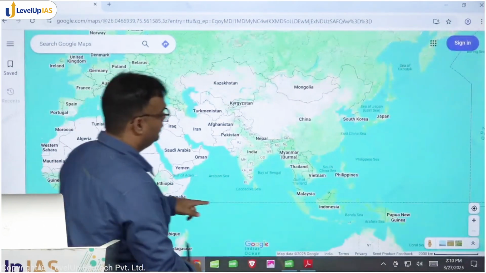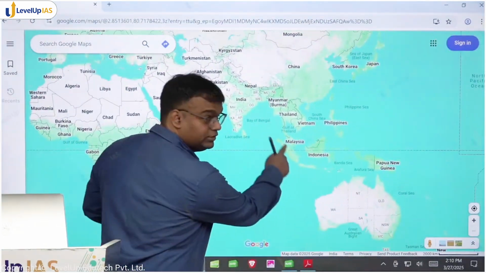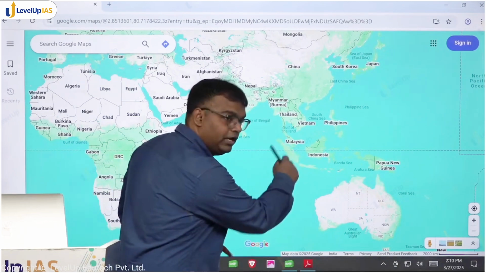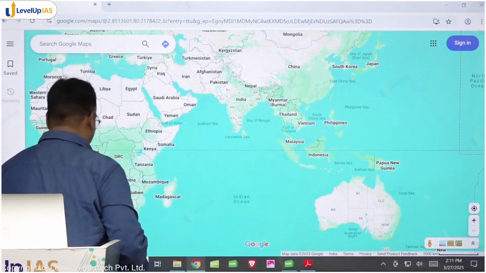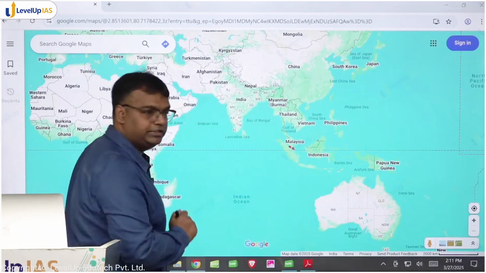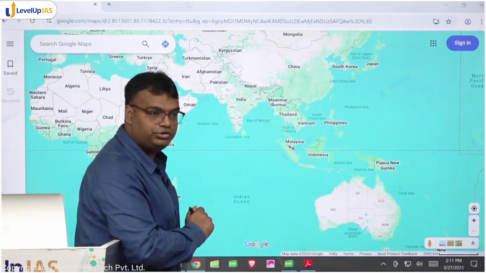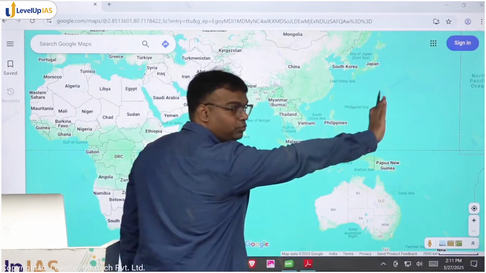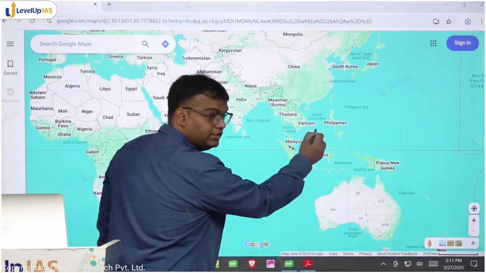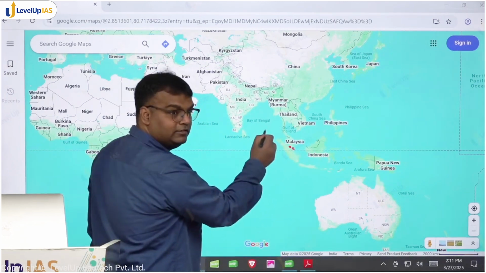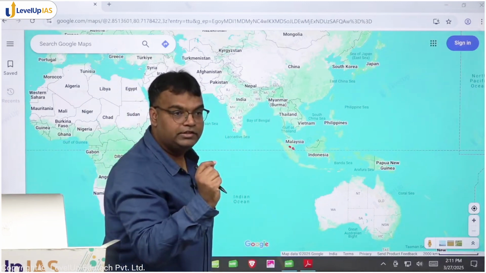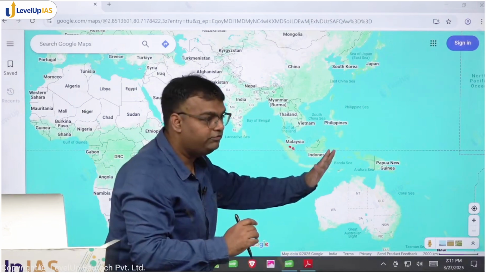Similarly, if you come here, let me take you to this map. You will see above is the Malaysian peninsula, below is Sumatra, and in between we have a strait. So here we actually have two different straits. One we call the Singapore Strait and then we call the Malacca Strait. These two straits do what? On this side we have the Pacific Ocean, on this side we have the Indian Ocean, and on the Pacific side this is the South China Sea, this is the Andaman Sea. So Singapore Strait and Malacca Strait are connecting the South China Sea with the Andaman Sea.